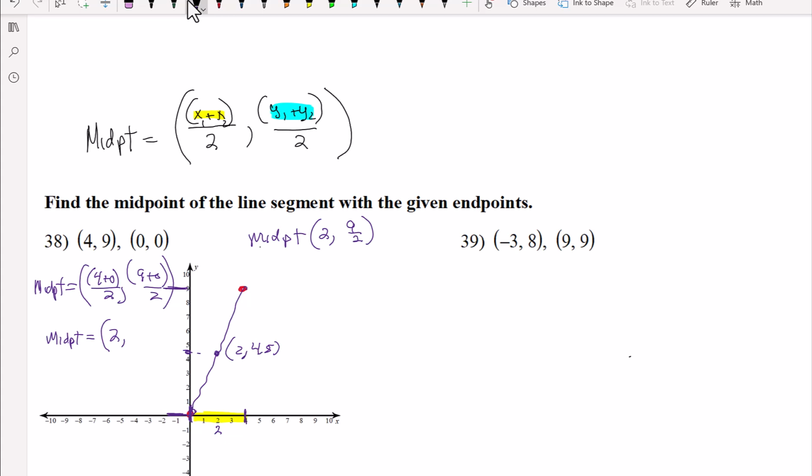So I think that you give students the option to leave it like that or to write it as 4.5. I think in this regard, in this context, the 4.5 is easier to graph. But if they like leaving it as 9 over